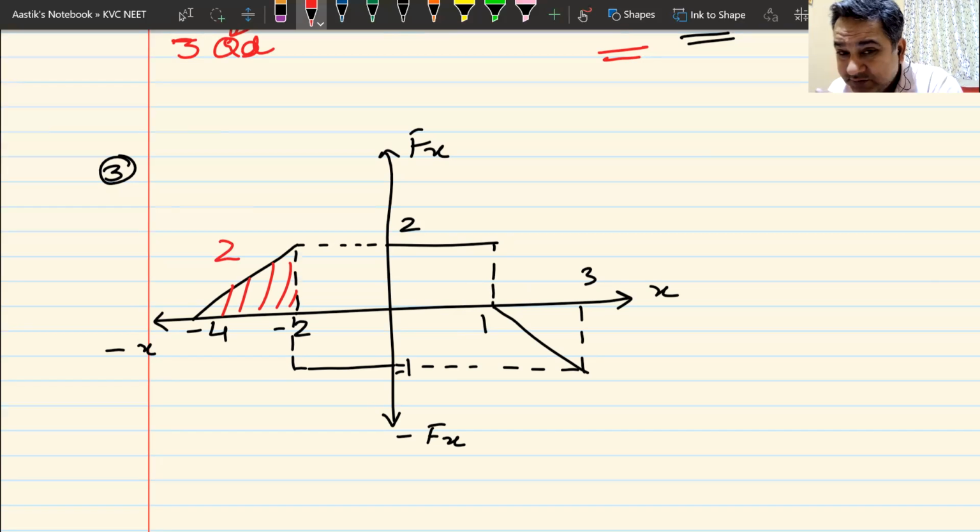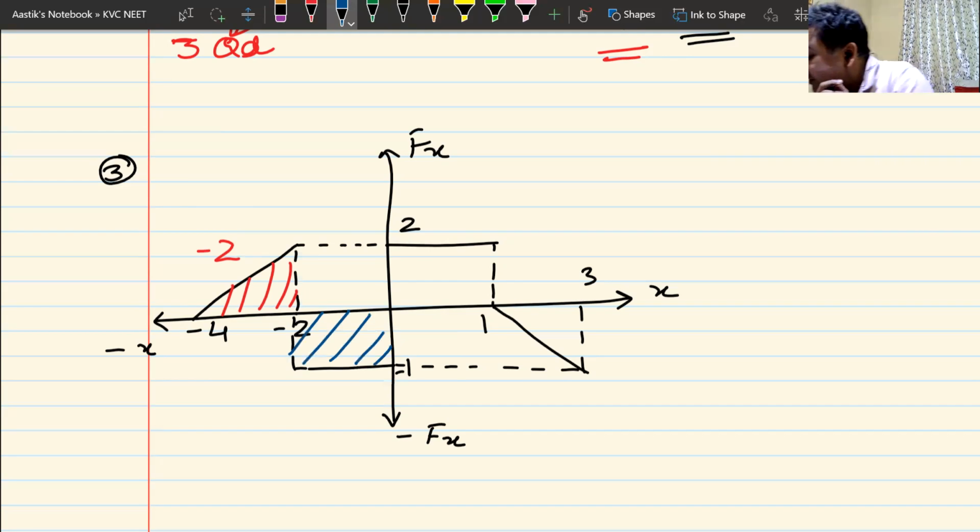It's not because one length is negative and the other length is positive. No, it's not because of that. It's because length cannot be negative. Lengths are always positive. But this lies in the second quadrant and we have to think about the quadrant. Great. -2. Let us now move on to the next one, which is this area. Let me not make a mistake. So one side is 1, the other side is 2. It is 2. Whether it's positive or negative? Positive. Why? It lies in the third quadrant. Third quadrant. That is the reason why.